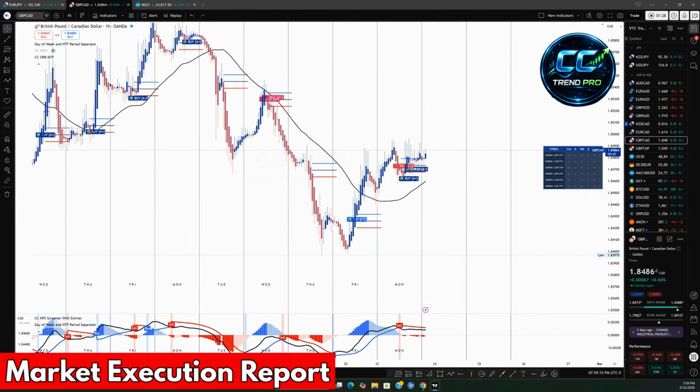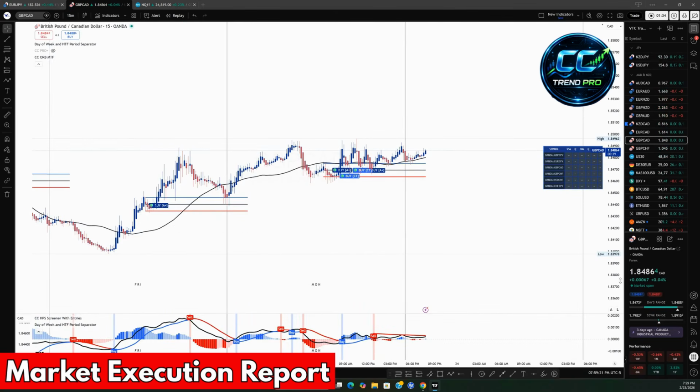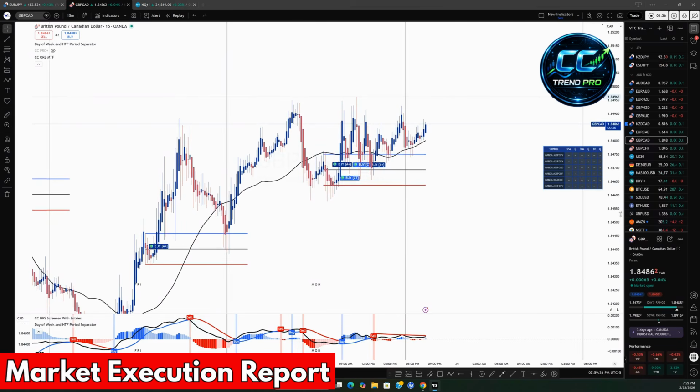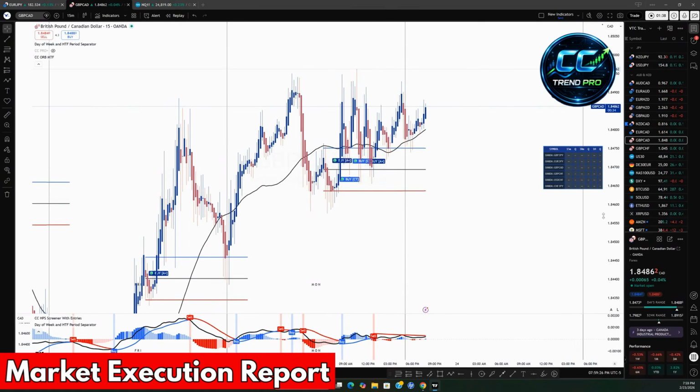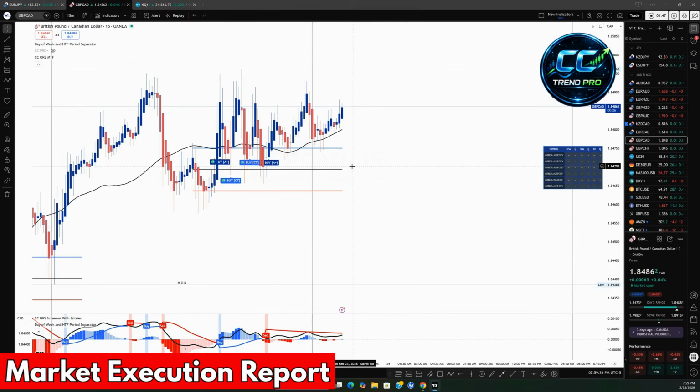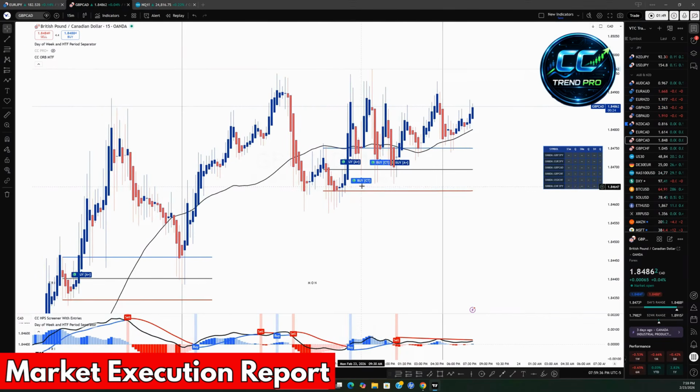So what I'm looking for is a breakout on the 15-minute time frame or 30-minute time frame. It does not matter what time frame you pick. Just pick a time frame as your execution or entry time frame. You can see on the 15-minute, we have multiple buy breakouts. You're going to see some with the A plus setup, and some that say CT,